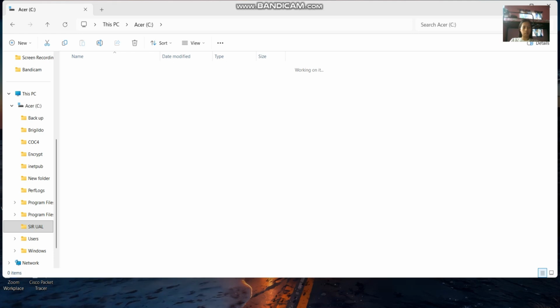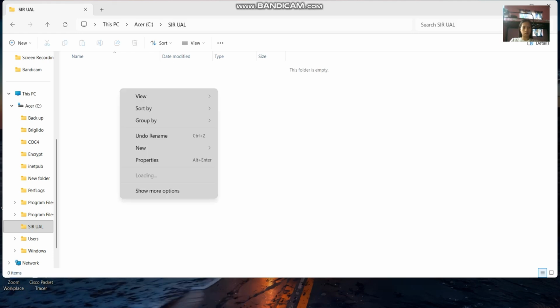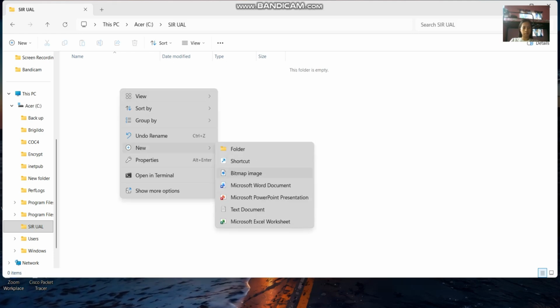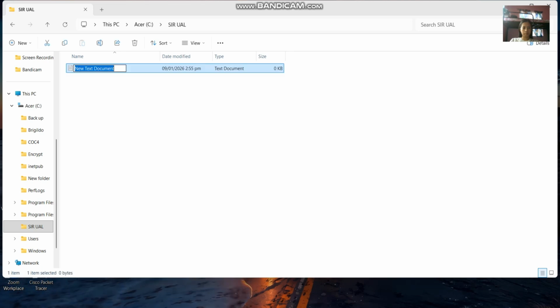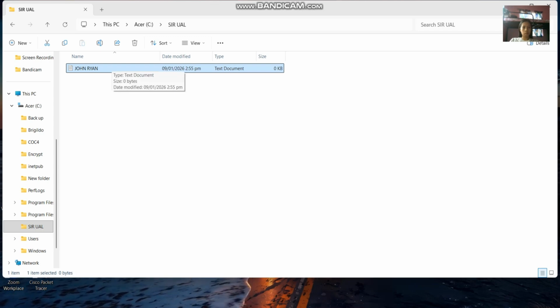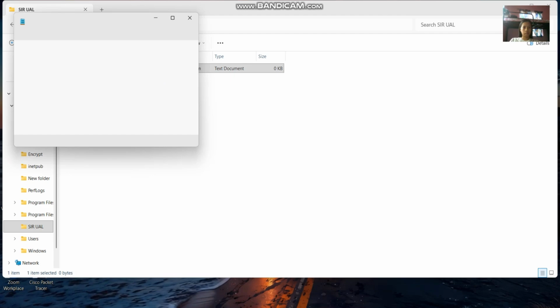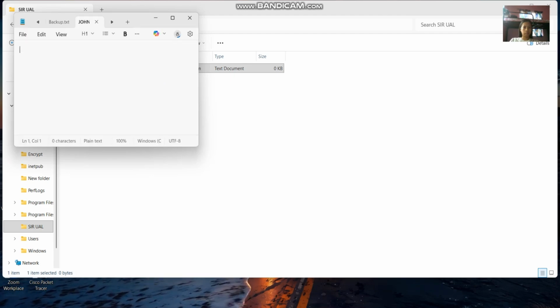Then, sa loob, maglalagay tayo ng text document. Example is sa loob, maglalagay tayo ng, lagay tayo ng kahit ano.